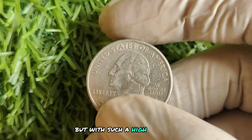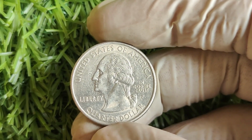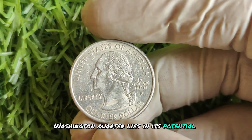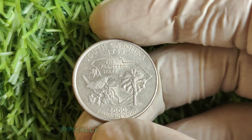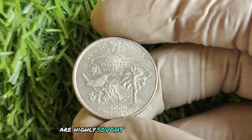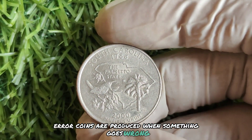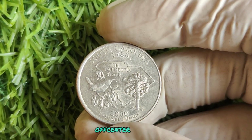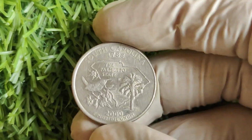But with such a high mintage, how could these coins possibly be worth so much? The value in a 2000 P Washington quarter lies in its potential errors and unique characteristics. While regular quarters from this year typically hold only their face value, certain error coins are highly sought after by collectors. Error coins are produced when something goes wrong during the minting process. This could include double dies, off-center strikes, or even coins struck on the wrong metal planchet,